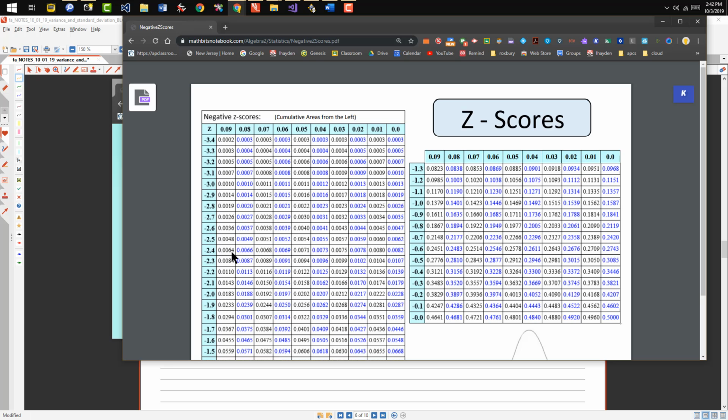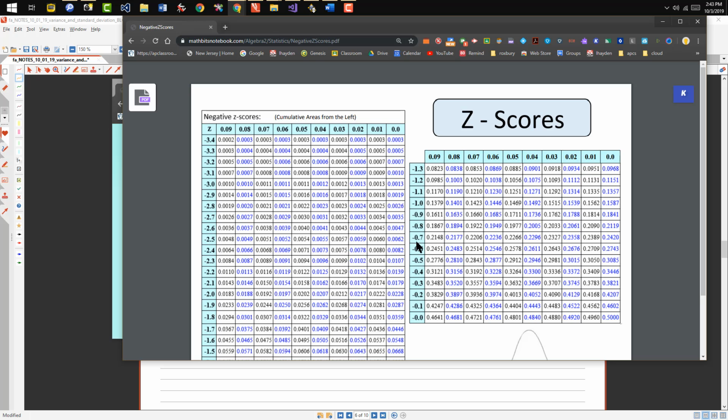It means that 0.64% of the data is actually less than negative 2.4 standard deviations below the mean. Let's say that I came up with a z-value of negative